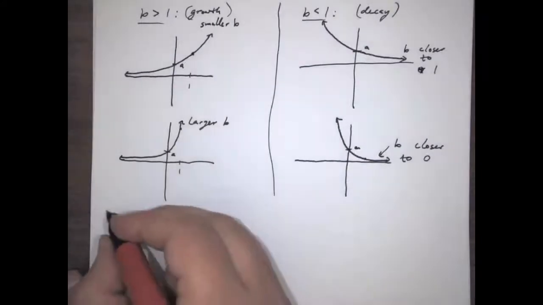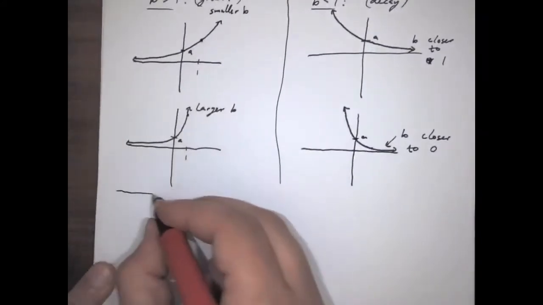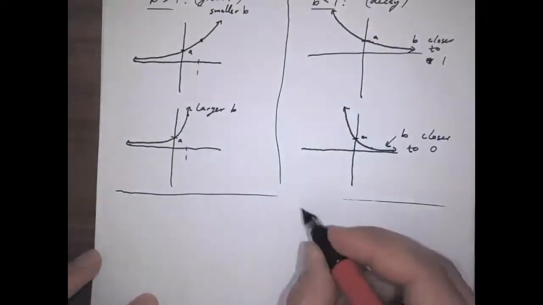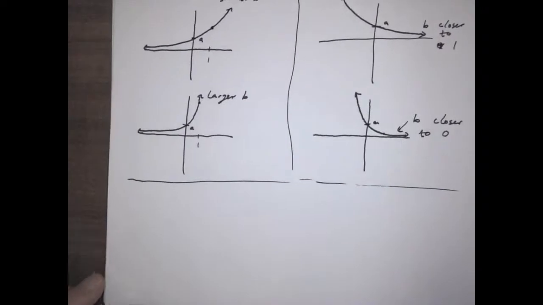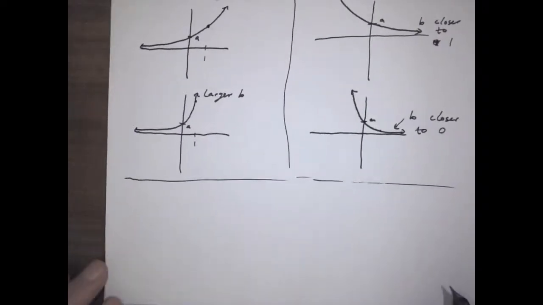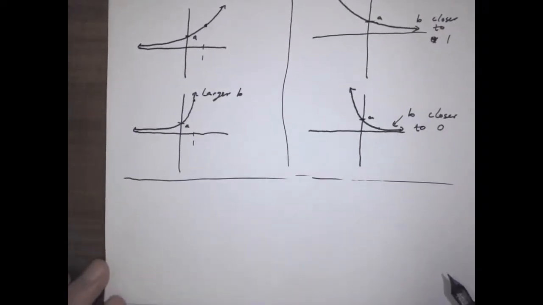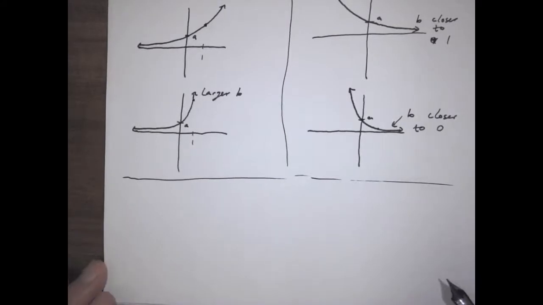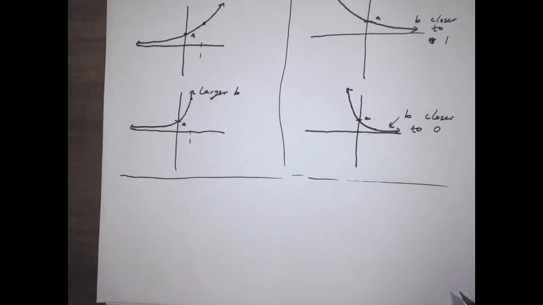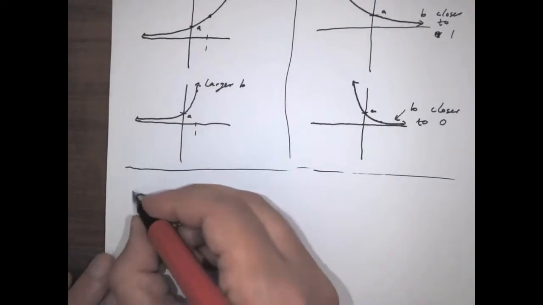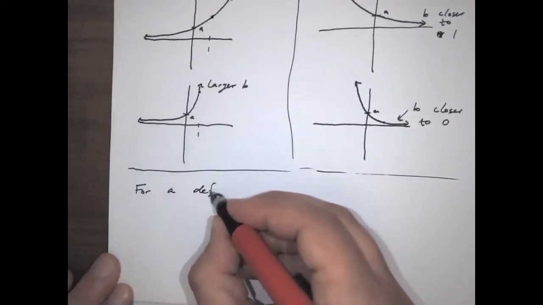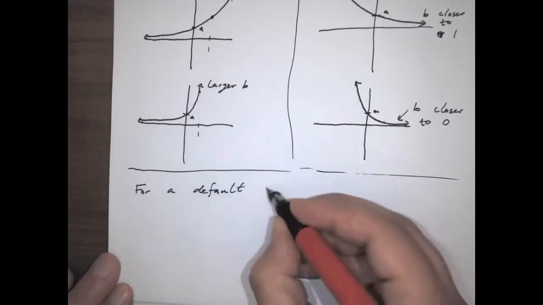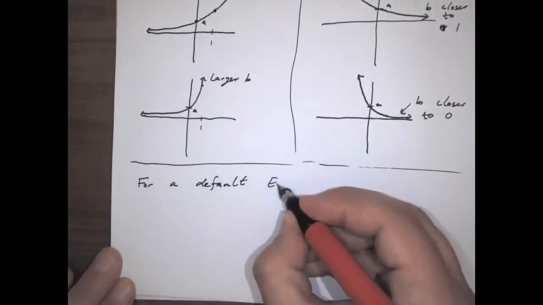All of these different cases have very similar situations. Namely, they all have very similar stipulations as far as the domain, the range, and their long-run behavior is just a flip-flop of each other. So for a default exponential function,